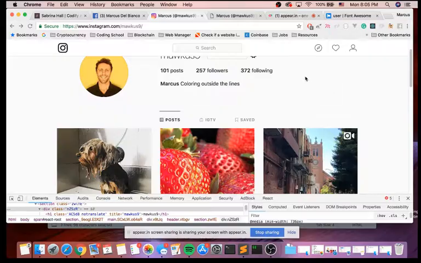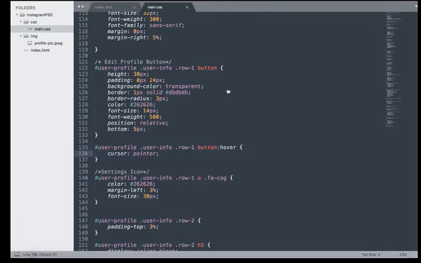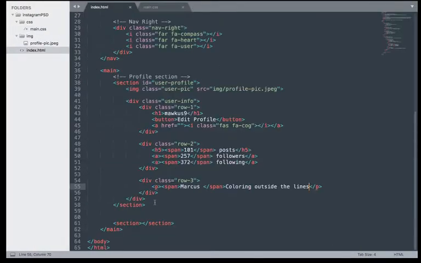Okay, so we have that set in there. Let's go and set that up. And let's see what that looks like. Cool. It's totally not where we want it. But that's cool because we know how to use CSS. So